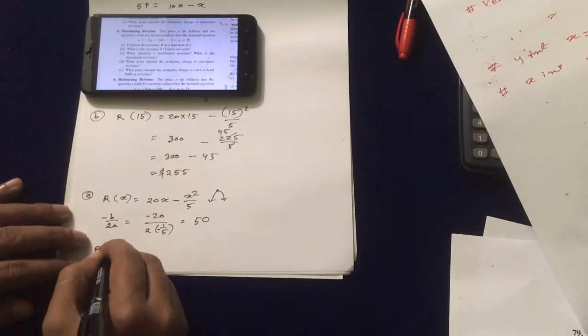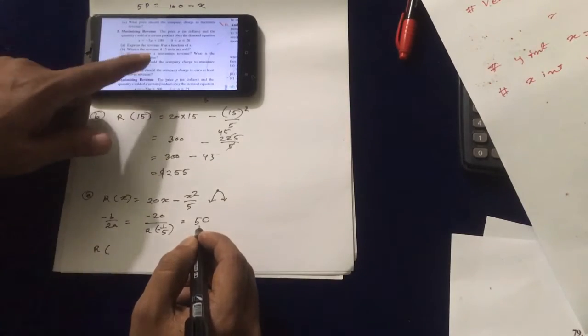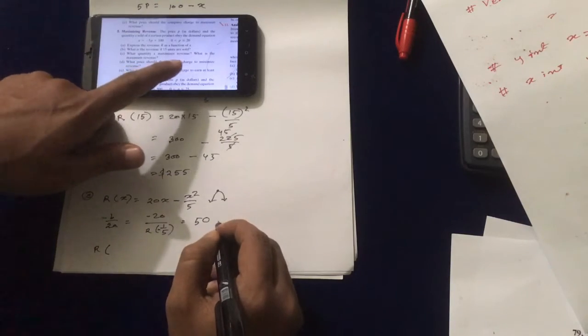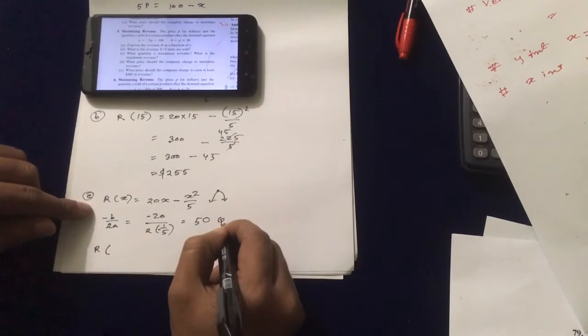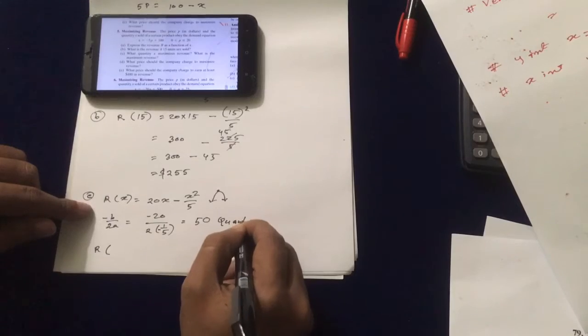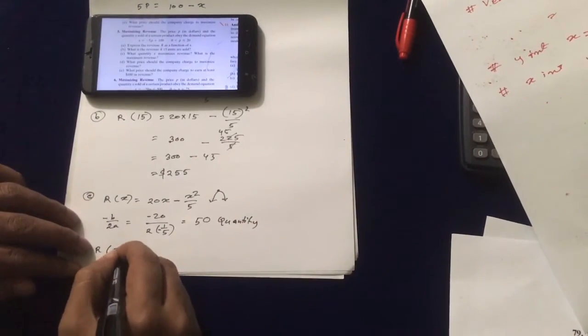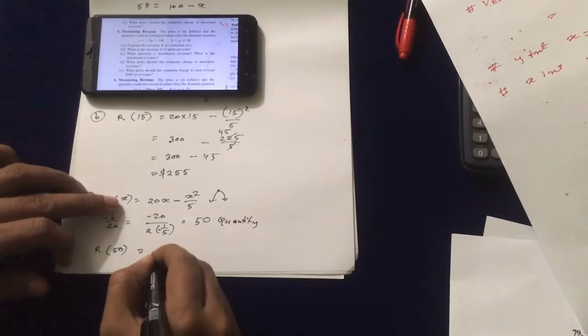And then r of 50 equals to, this is actually the quantity. Okay, this is the quantity. This is what quantity? Revenue, maximum revenue. This is quantity. Then r of 50, if I write here, then it becomes 20